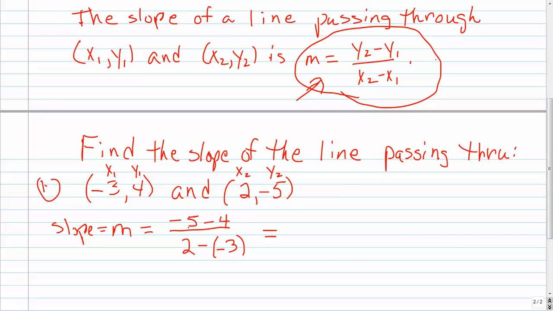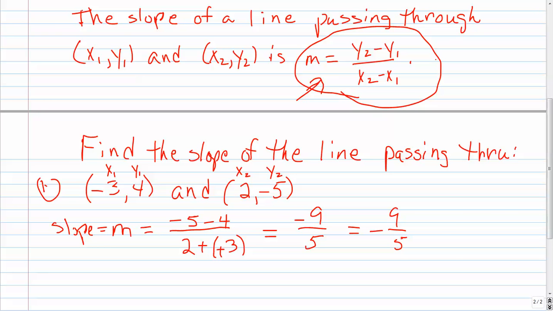So -5 minus 4 is -9. And then this 2 minus -3 is 2 plus 3, which is 5. So the slope of the line is -9/5. Now if it's a negative fraction, you just put that negative out to the side. So it'd be